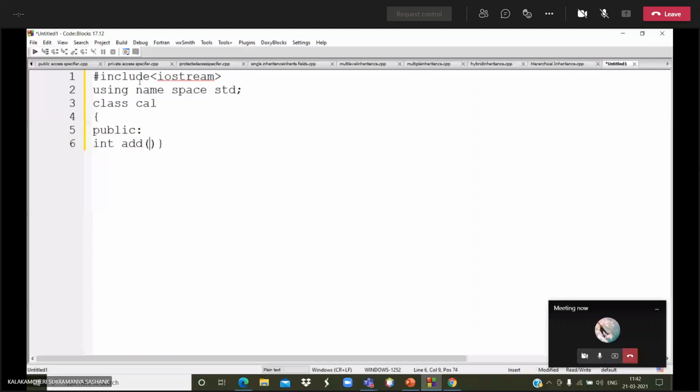How will it take that? See, when we pass 10 comma 20, it will go to the add function. In the add function, it will check with the parentheses. Here 10 comma 20 will match with a comma b, so it will go to this function and return the a plus b value. 10 plus 20, 30 value is returned. Then again, if suppose I have given 12 comma 20 comma 23, then it will go to this method. It will cross-check with those arguments. It will match, then it will return the method. It is known as function overloading.